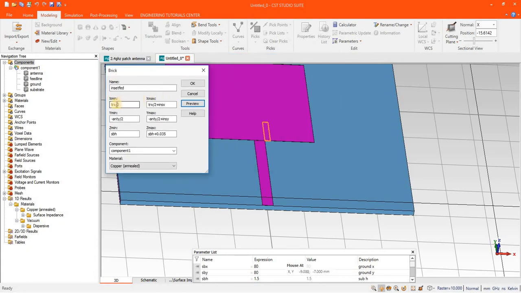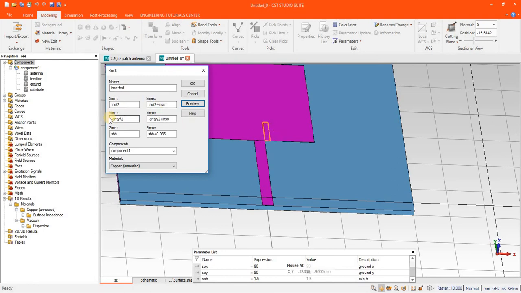The concept is this: the starting point of this transmission line was this. From the positive side, we will start from here, and similarly we will add the inset feed x dimension.